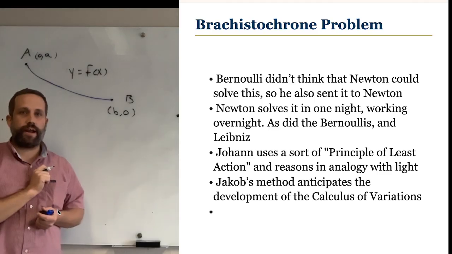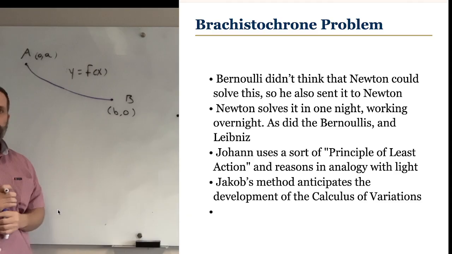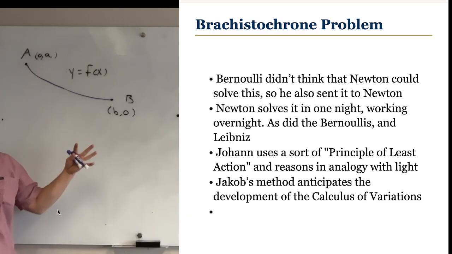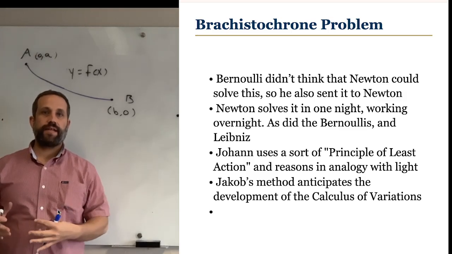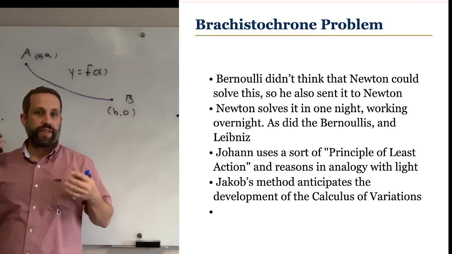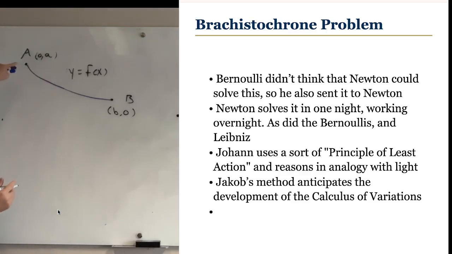And just like for the catenary problem, we can think about this curve as being a function of x because it's clearly not going to curve up around on itself. So this curve we can write as the graph of some function, y equals f of x. And now we want to figure out what that function is. That's the goal here. Now let's assume that this is the optimal path.